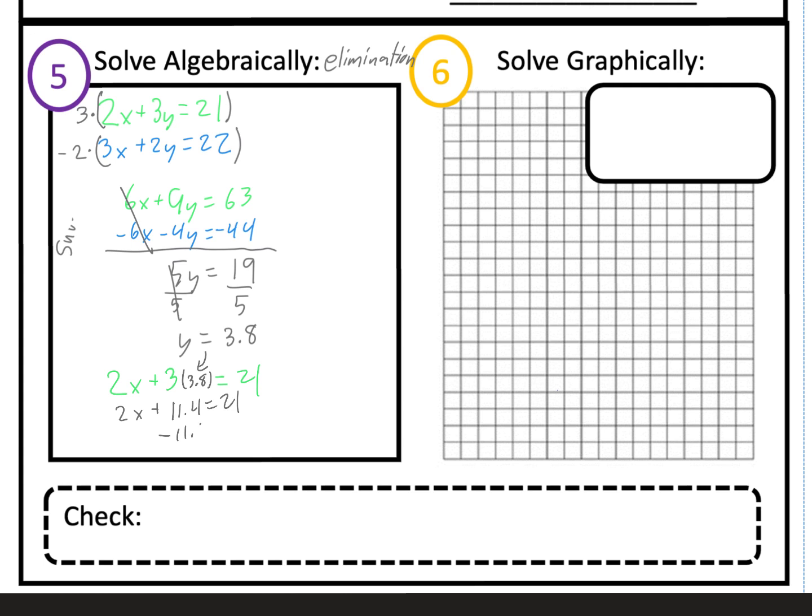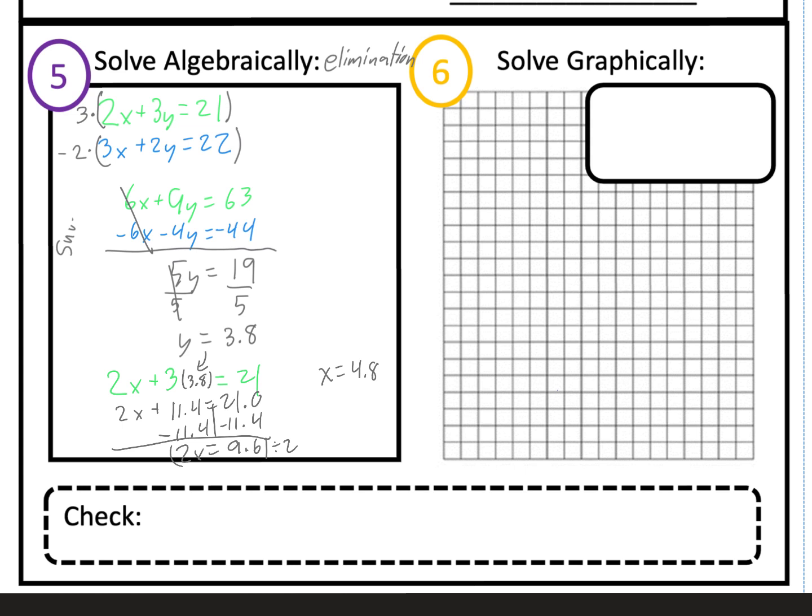Subtract 11.4 from both sides, and you get that 2x is equal to 9.6. We're going to divide both sides by 2, and we now have that x is equal to 4.8, which